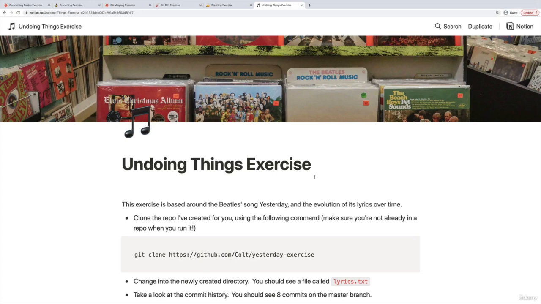All right, so next up, another exercise, another opportunity to practice things. This section covered quite a few different commands. They all, or almost all, started with an R, right? Reset, restore, revert. Maybe it's just those three, but it just felt like a lot of R's, and they all sound similar. You'll get a chance to practice some of them here.